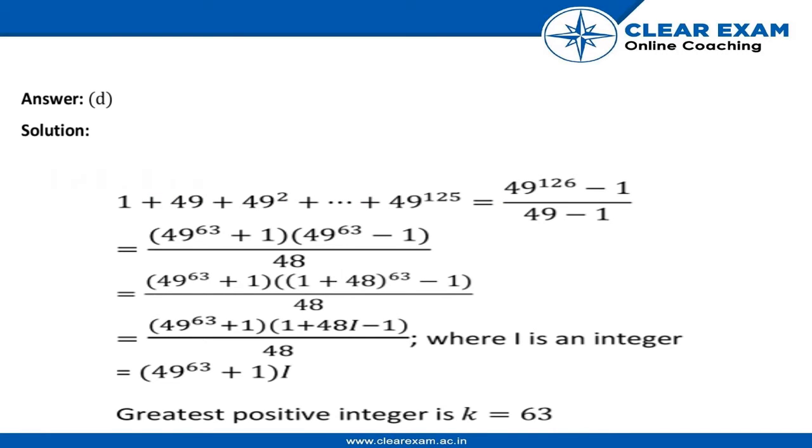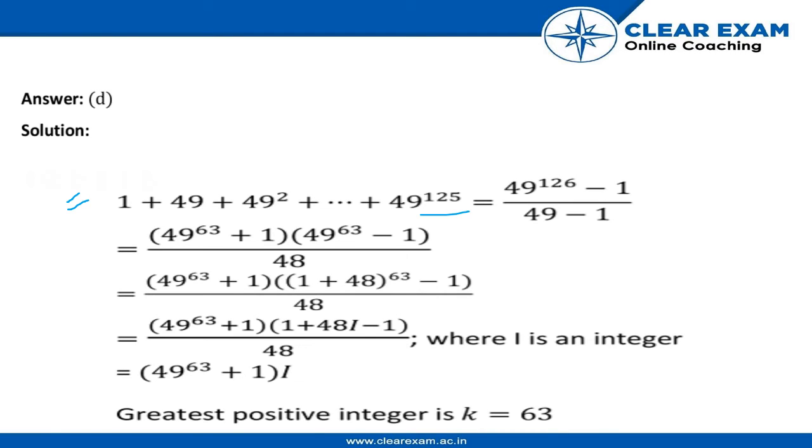For this, first we are going to write this given expression in ascending order by writing it as 1 plus 49 plus 49 square plus up to 49 raised to power 125. Now we are going to apply GP, the sum. By that the equation gets transformed into 49 raised to power 126 minus 1 upon 49 minus 1,